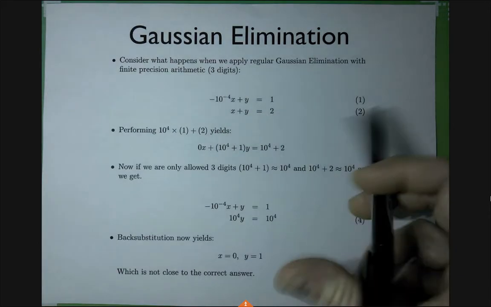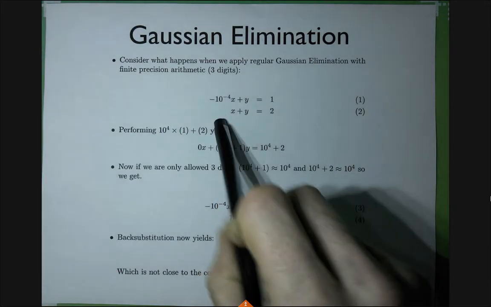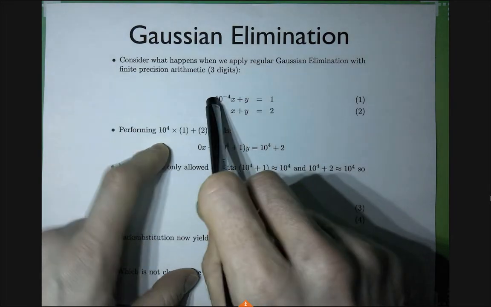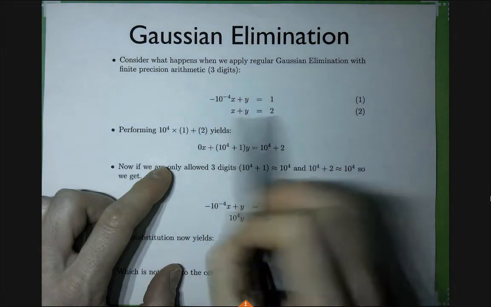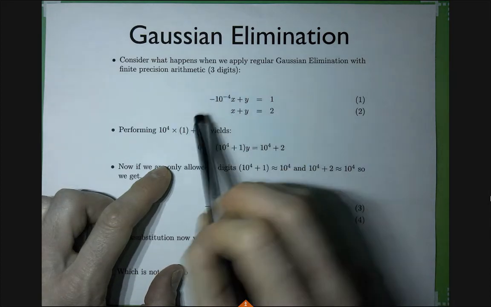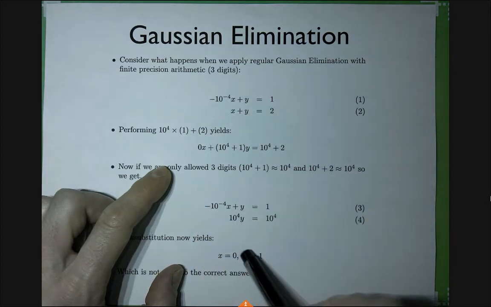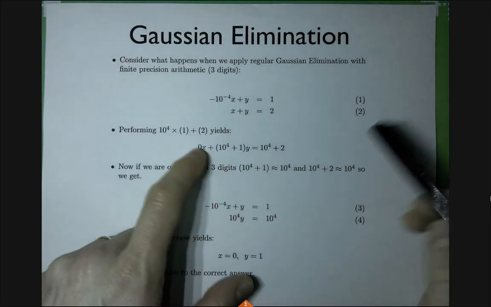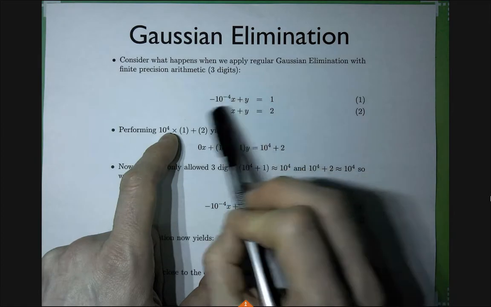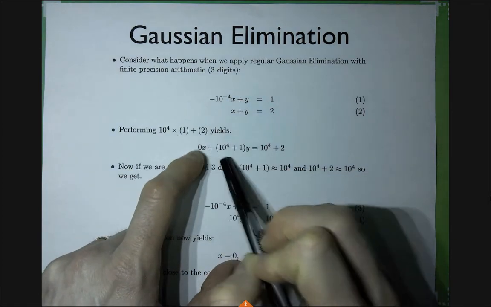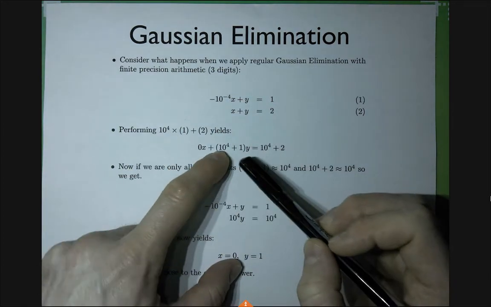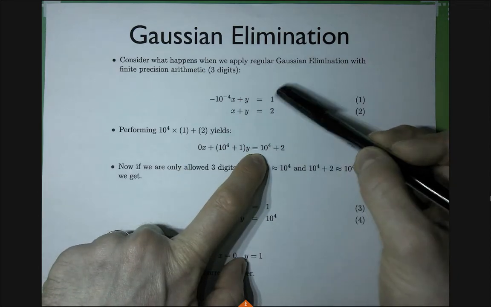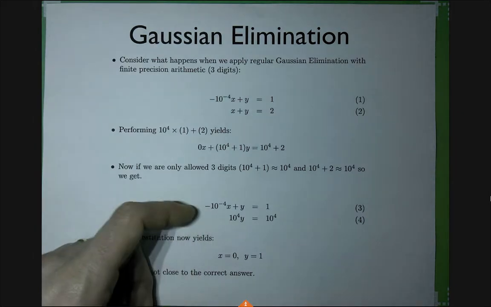Well, let's just try it. Let's just run it. So the algorithm says multiply the first equation by a factor to eliminate the second one, multiplying this by 10^4 and adding it to the first one, okay? So if I multiply this by 10^4, then this becomes minus x, so that's good, that eliminates it, that's what I wanted. And here I will get 10^4 + 1 on y. And here I will get 10^4 times 1 plus 2, okay?